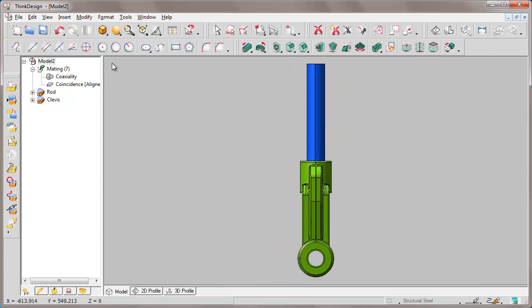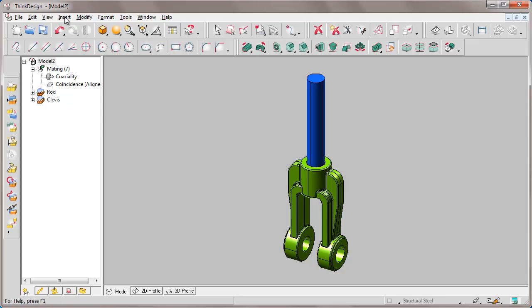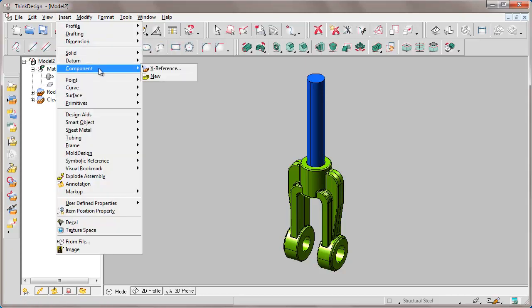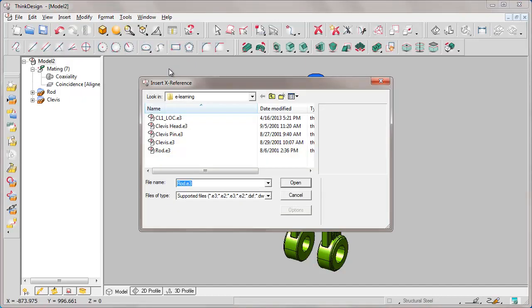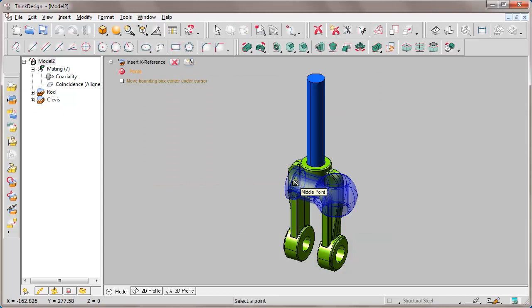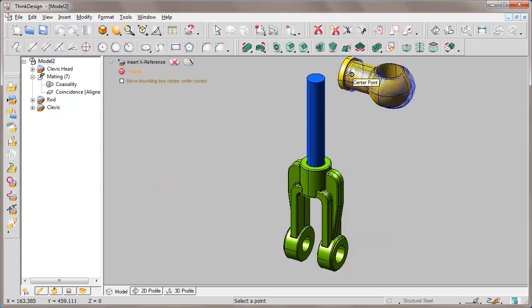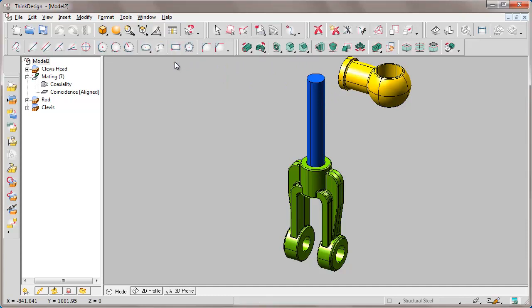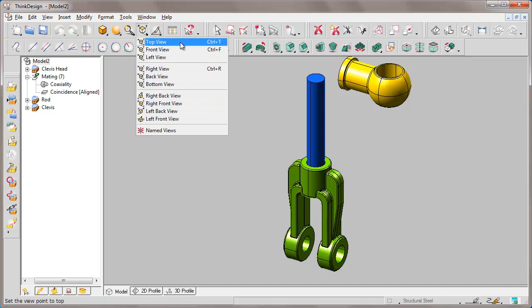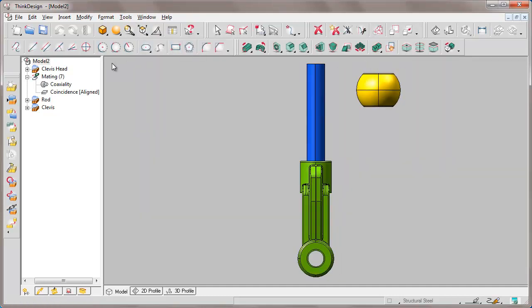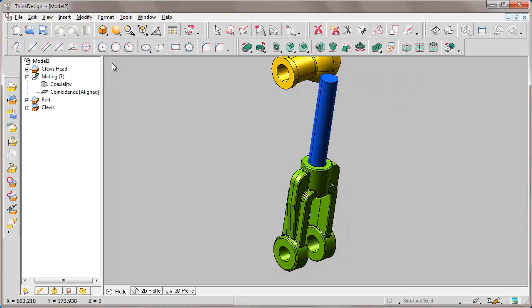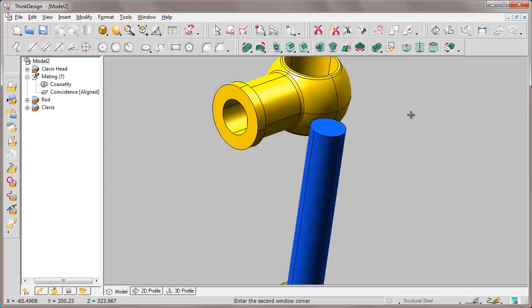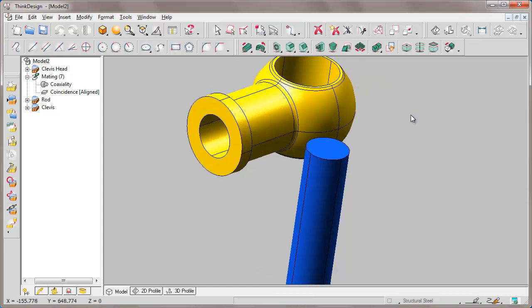And let's insert another external reference component. Clevice head, insert component X-reference, placing the head in order to facilitate the mating. We position the head on the rod in vertical direction, but instead of simple mode, we select inferred, which means all the matings that can be activated with these parts are activated, setting both coaxiality and coincidence.